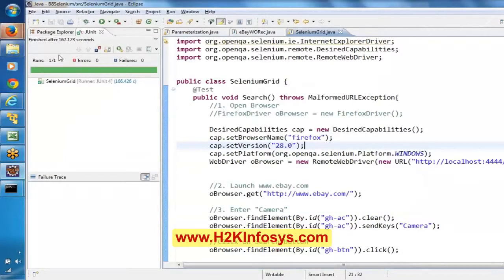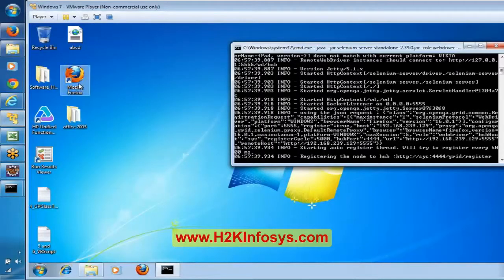Okay, let me close this browser. I think I did not write the logic to close the browser. Now see here, previously it was updating, right? We'll see whether really it got updated or not. Here now we'll try to execute on this virtual machine, on this Firefox.